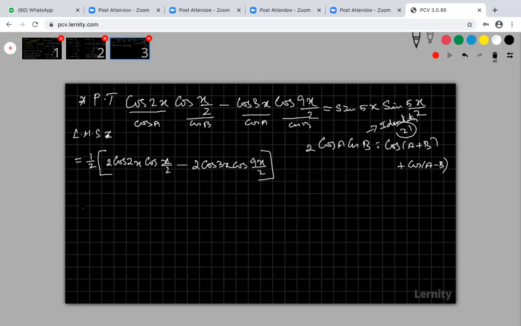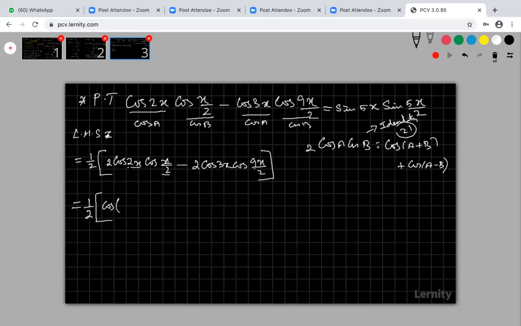So now I'm going to apply that. You can consider this is my A and this is my B. Here also it is separate. This A and this A are not the same. I'm applying the formula separately here and separately here. Don't confuse this A and B with that A and B. You consider this is A and apply this formula. That's all.